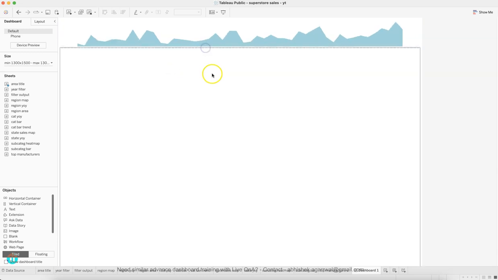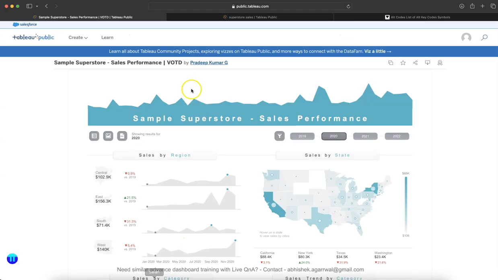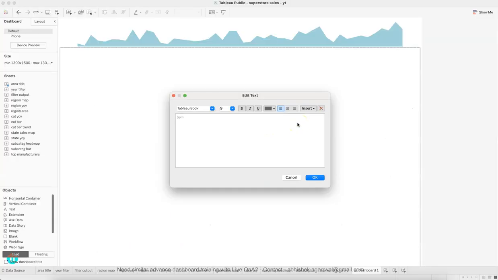Okay. So we have this, and then I will add a text box over here in the middle, and I will say the title. So the title is Sample Superstore Sales Performance, right? And this is having one space. If you go and observe that,